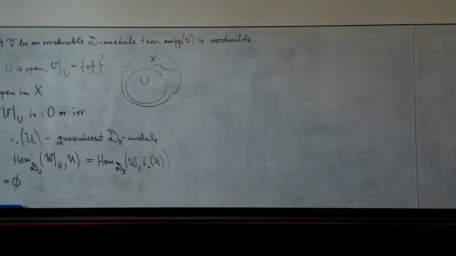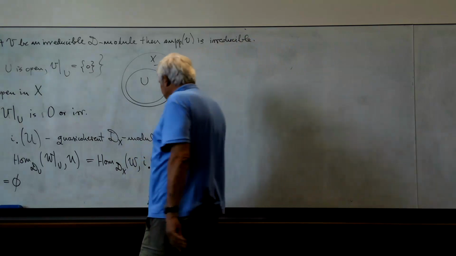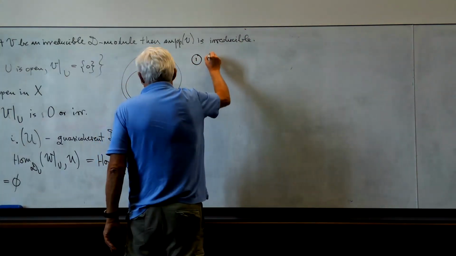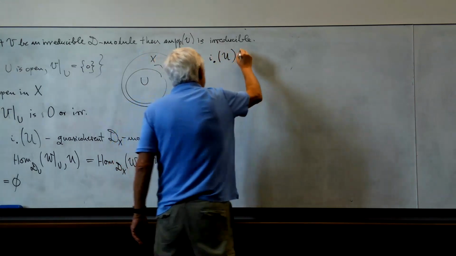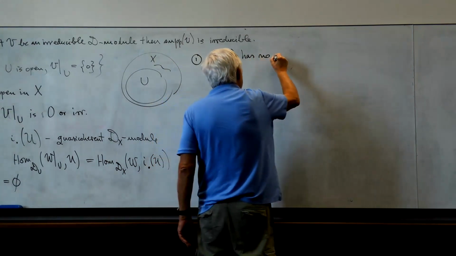I mean, it cannot have a non-zero mapping into I lower star of U. So the first observation is that I lower star of U has no submodules